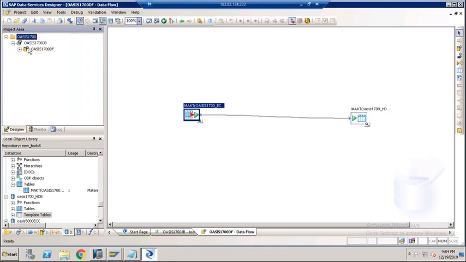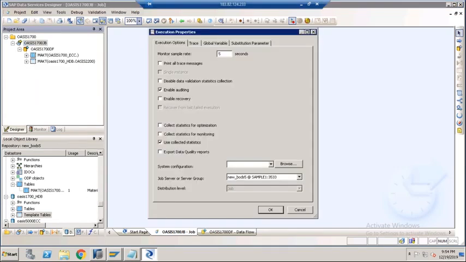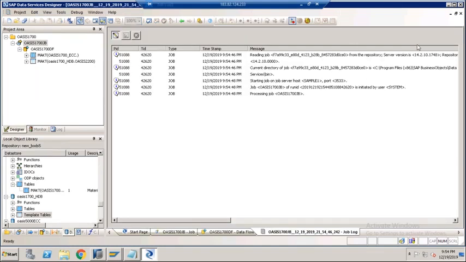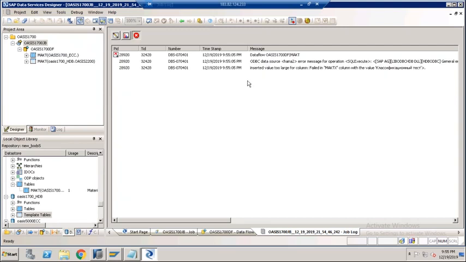Now this is the project, this is the job, this is the data flow. Because the job is the only executable item, select the job, right click, execute. Click yes, click OK. Then let's see. If any errors are there, they are highlighted in red. See, red color is highlighted and the error is saying inserted value too large for the column,